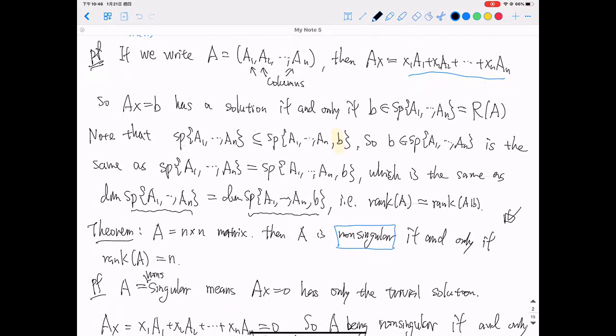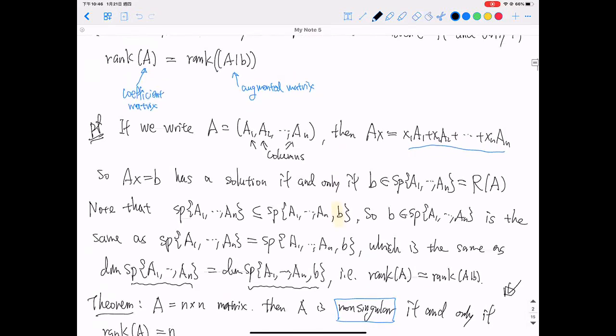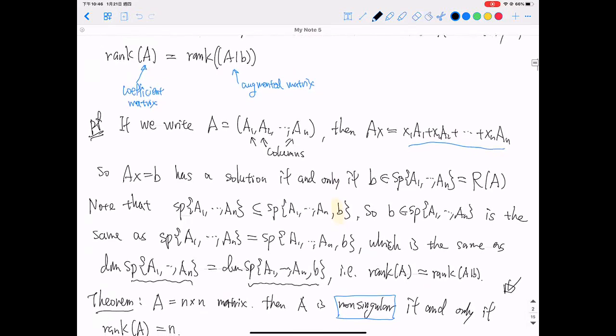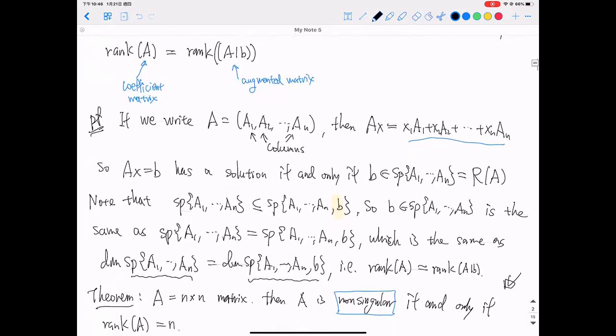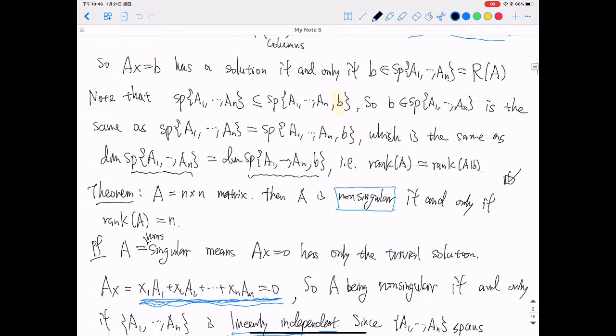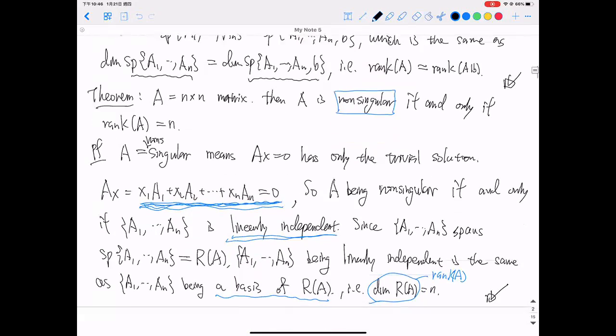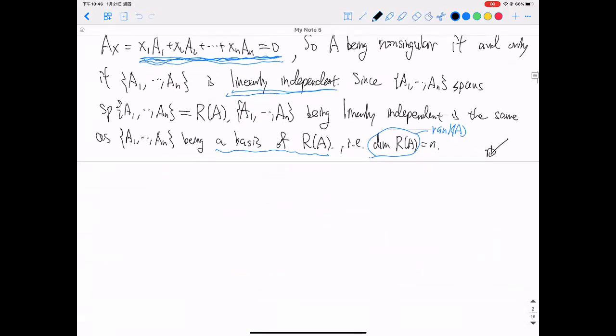What you're gonna end up doing is to solve some systems. And even if you're trying to use this theorem, you're gonna need to compute the ranks of some matrices, and that amounts to solving some systems. So the essential technique is still solving linear systems. Okay. Now moving on.